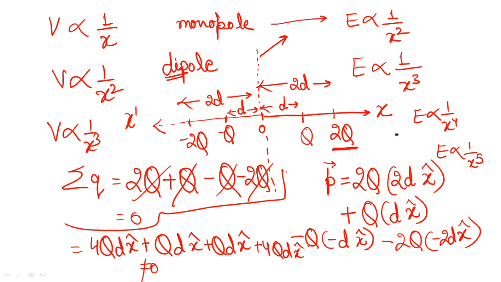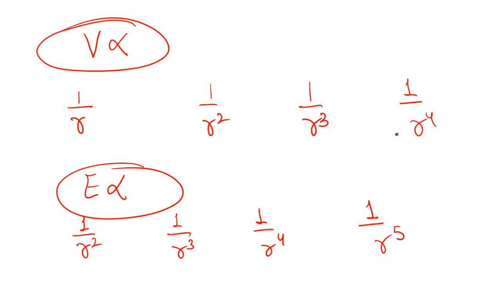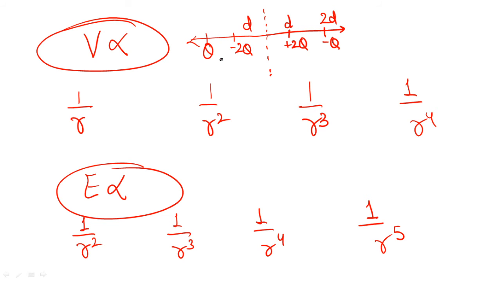I'm going to take another condition now, and let's check whether it is going to be a monopole, dipole or quadrupole. The condition is: on a straight line you have a charge plus 2Q and another minus Q. This is at a distance, let's say D, and the second one is at a distance 2D. Same condition, there is an infinite grounded conducting sheet at this point. Now you need to check whether it is a monopole, dipole or quadrupole. So you have to consider on the other side the image charges, minus 2Q at a distance D, Q at a distance 2D. I hope that will be clear to all of you.